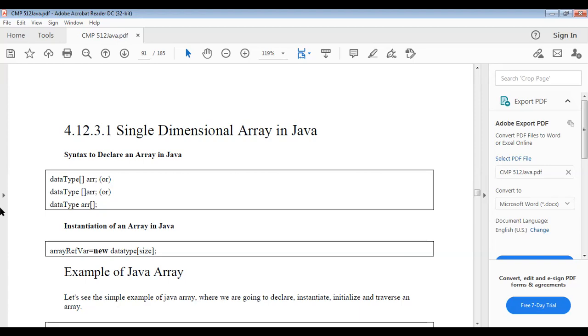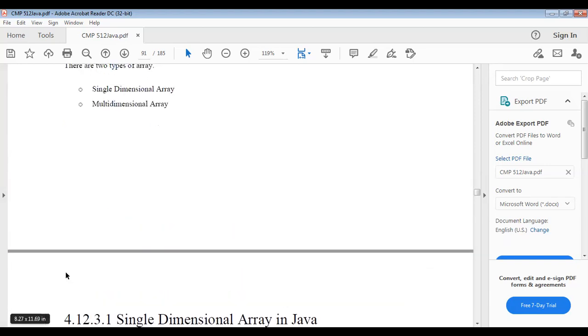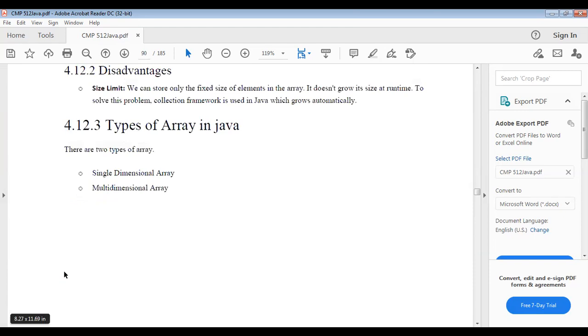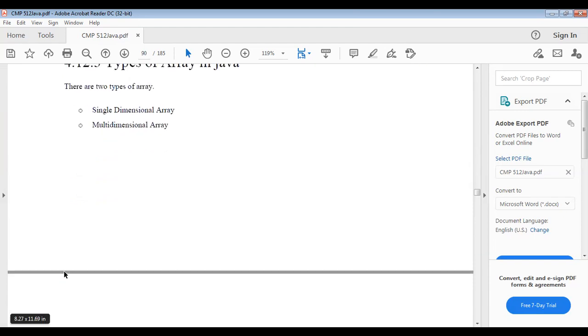But at runtime we cannot add index 5 to store the number 60. But in the Java collection framework, we can add different types of data at runtime, meaning it is added automatically.